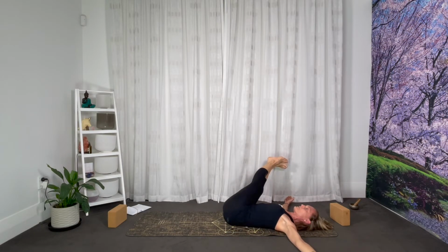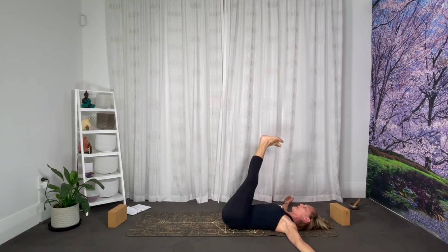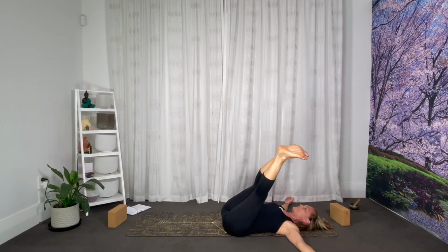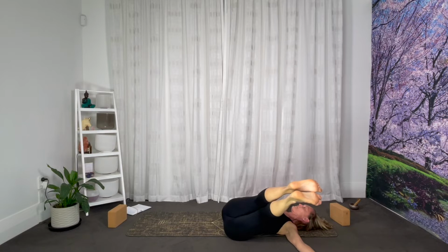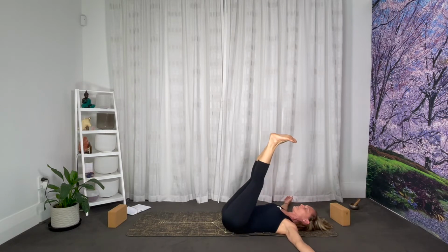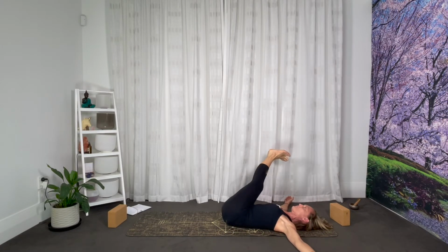Again, left shoulder stays down, push out through the left foot a little more. Back through center, feet over to the left. Right foot pushes away, right shoulder blade stays down. Good, back to center. So you could keep with this momentum, the speed, or you could pick up the speed